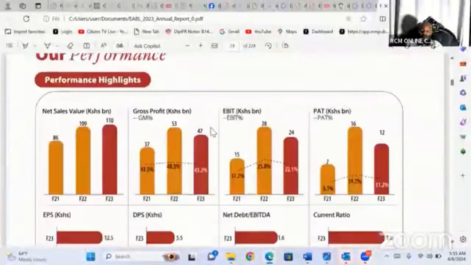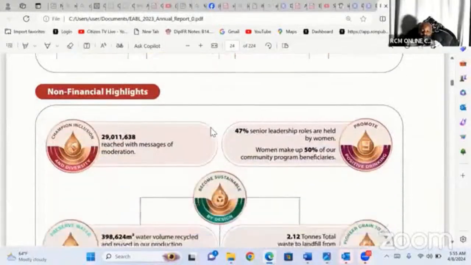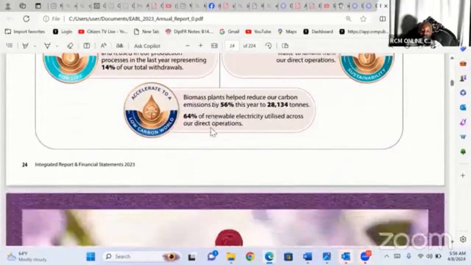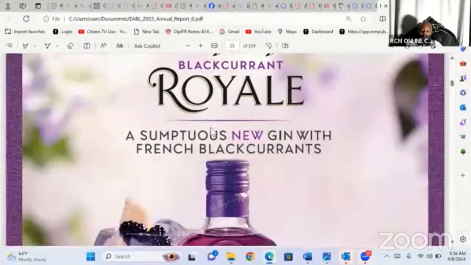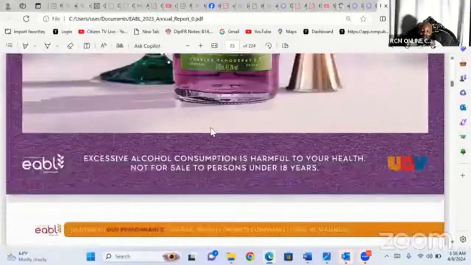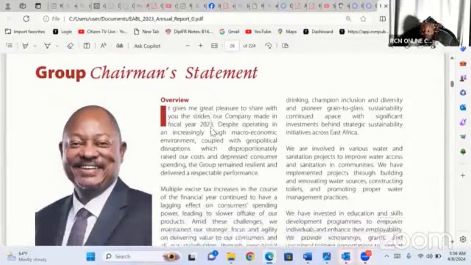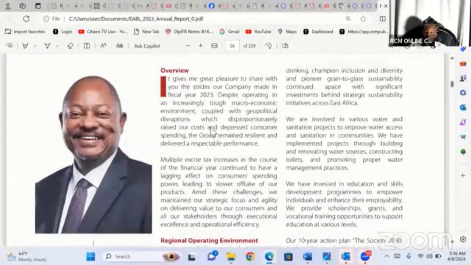Now I'm looking for page number 24. Scroll slowly. Yes. Group chairman statement, from this gentleman, you must be knowing Martin Odur. I can see age is catching up with this colleague. "It gives me great pleasure to share with you the strides our company made in the fiscal year 2023. Despite operating in an increasingly tough macroeconomic environment, coupled with geopolitical disruptions, which disproportionately raised our costs and depressed consumer spending, the group remained resilient and delivered a